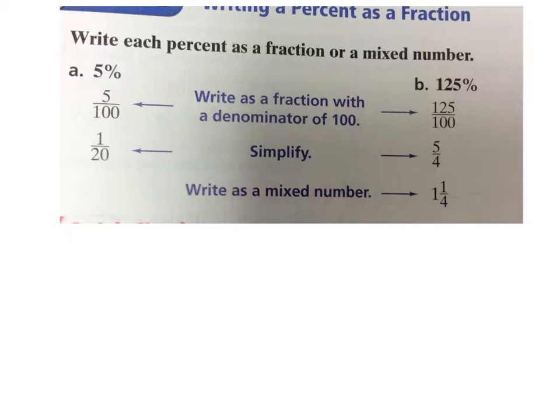Okay, so here we go with our first example. Write each percent as a fraction or a mixed number. So you've got to remember what they're asking for here. We started as a percent, 5%. Okay, this is the really cool thing. Percent, right? For the word percent,